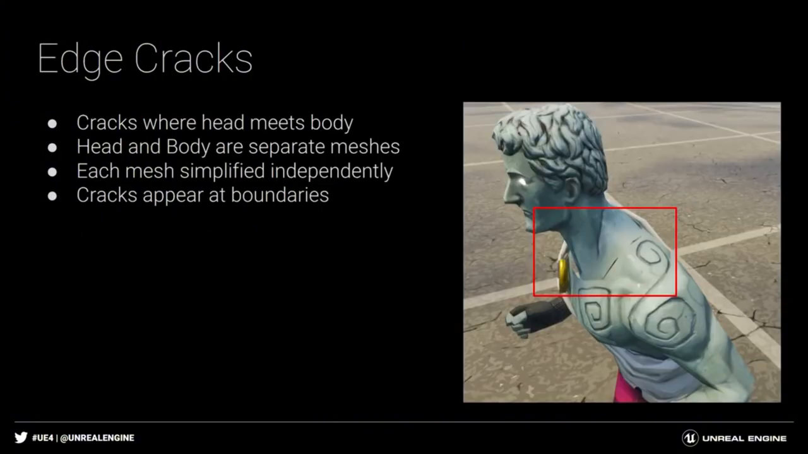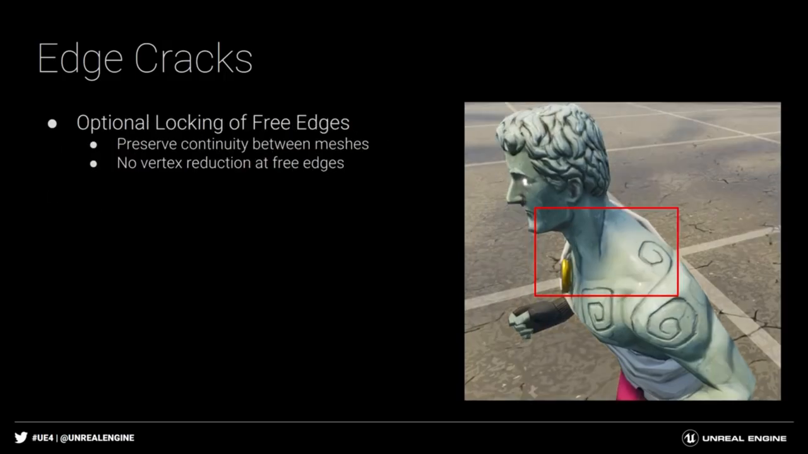And again, when you're working on new features, you find problems. In our case, because the character parts are all separate and they'll be reduced in isolation, we started to have these cracks where the meshes originally met. To address that, we have the ability to lock free edges. That means that any free edge on your mesh will not actually be reduced whatsoever. This makes sure that we preserve continuity between the individual character parts and makes them look nice and smooth. But that doesn't mean that we don't hit the targets anymore, because we'll now reduce the rest of the